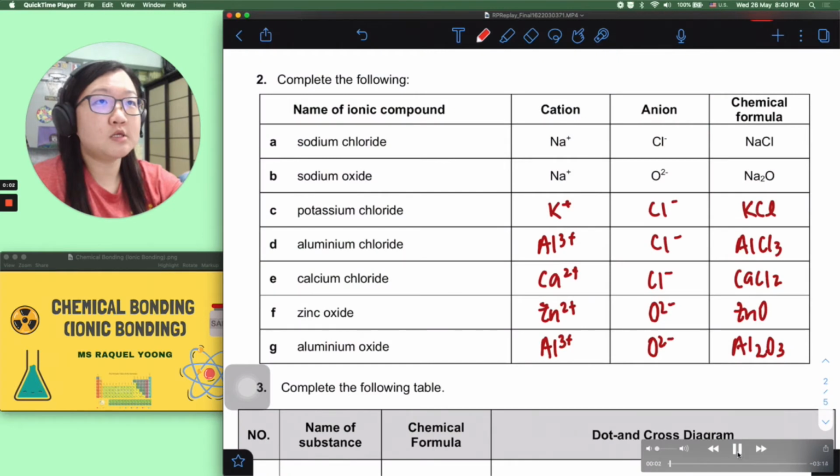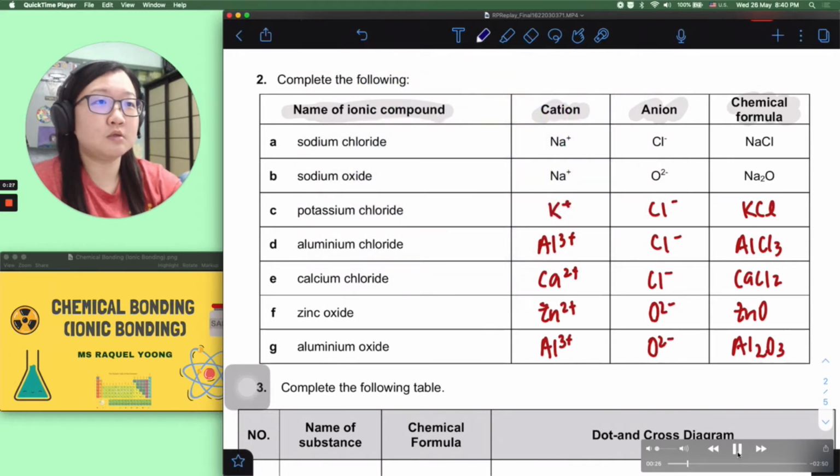Okay, let's carry on with question 2. So you have another table. This time around, you are given the name of the ionic compounds. You're supposed to fill up the subsequent columns on the corresponding cations, anions, as well as the final chemical formula of the ionic compound. The first two have been done for you. So let's zoom straight into 2C,